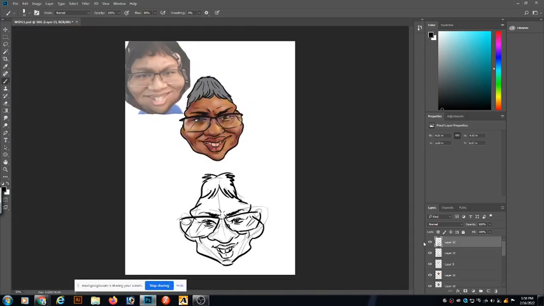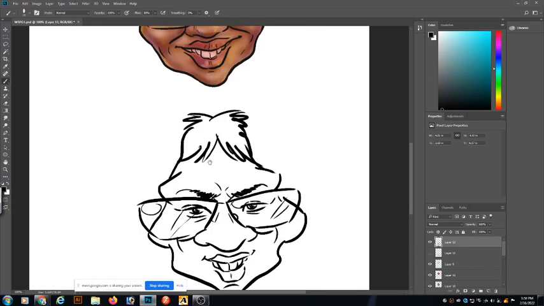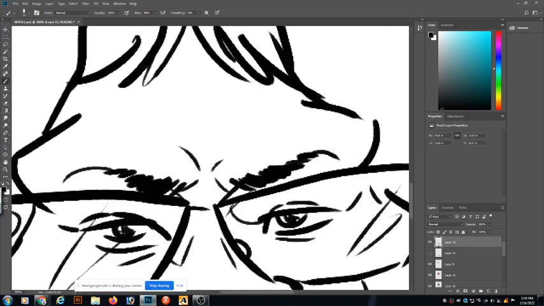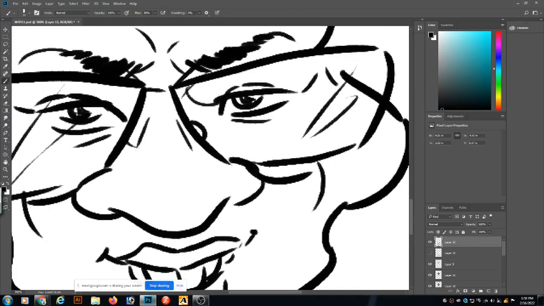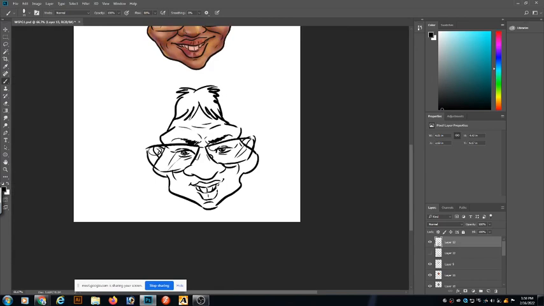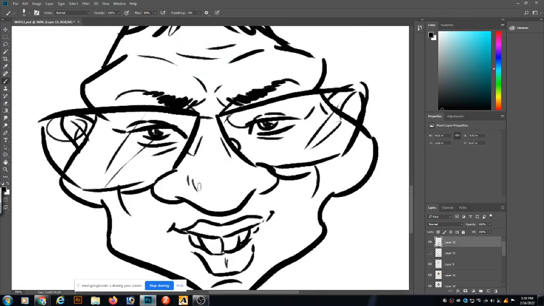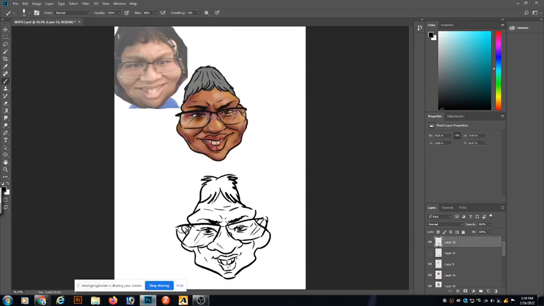Okay, let's see the level of detail that I can produce from here, without reference. So the line work that I produce, I can actually produce a level of detail there again. Even though they're going to have more of what we call developments from here, you guys can see the level of detail that I can maintain. It's almost the same as this one, a bit more exaggerated, right?